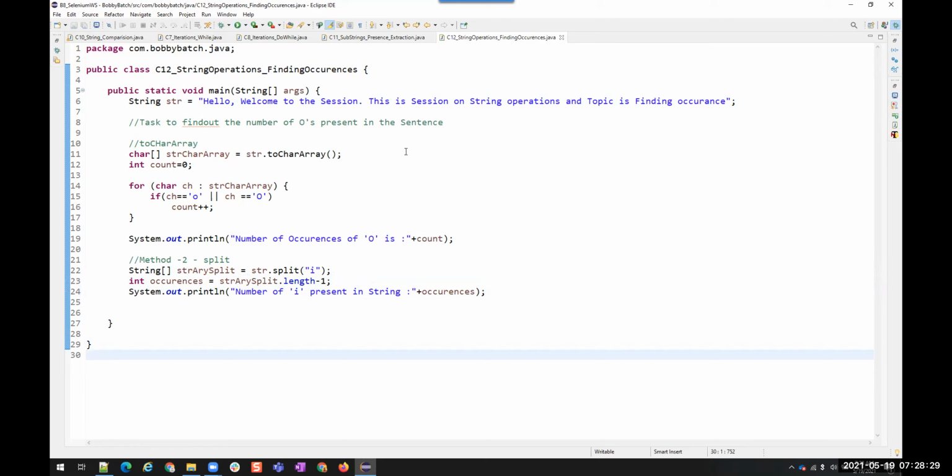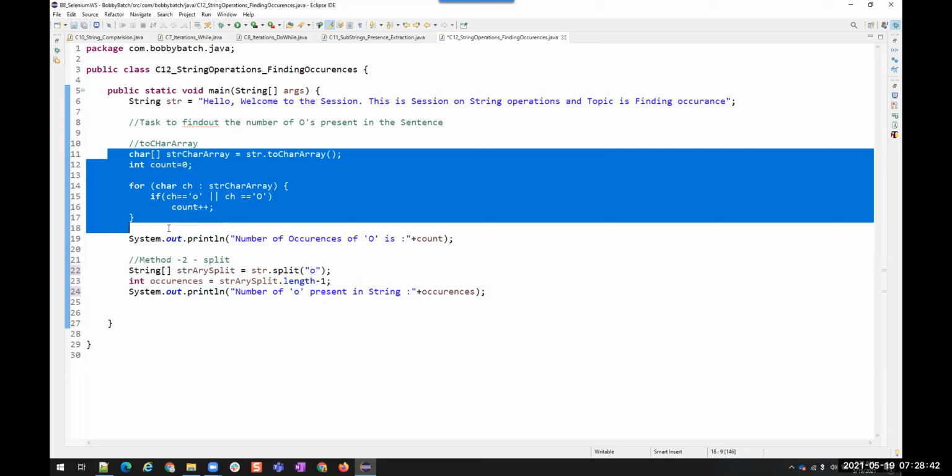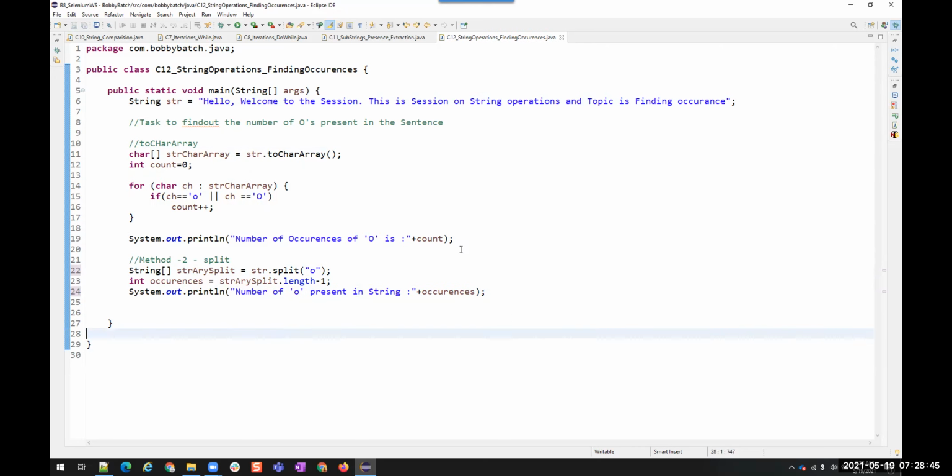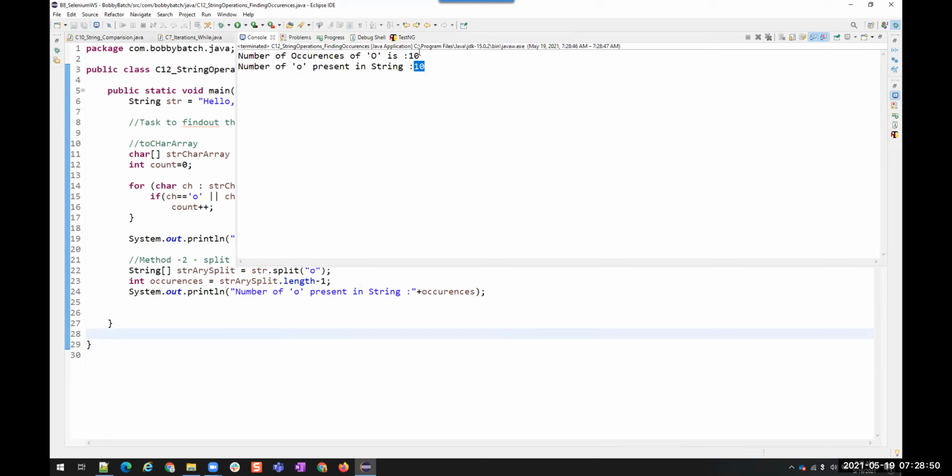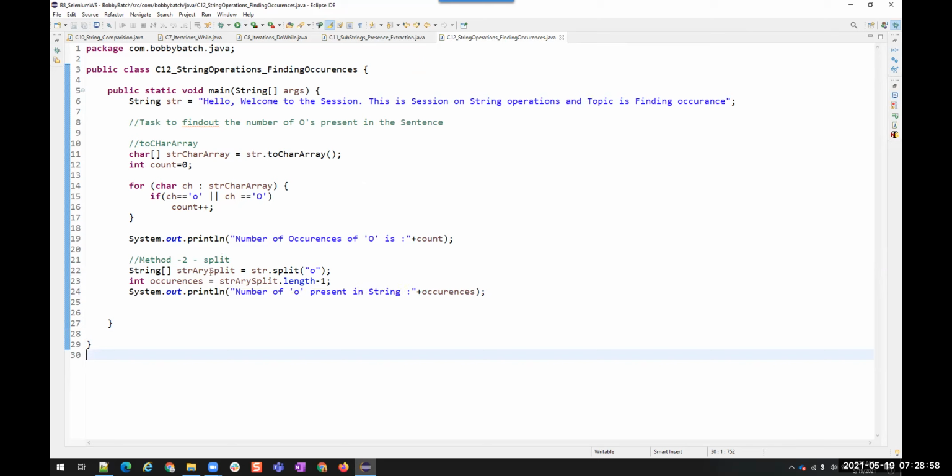Now if you want to check some other string, for example, we already checked with O. So I'm going to check with O. It should give the same result with this process as well as with this process, right? So let's see that. See, 10 and 10, both are the same. So this is another way of finding the number of occurrences. Is that clear? But you will get a question when you see this.